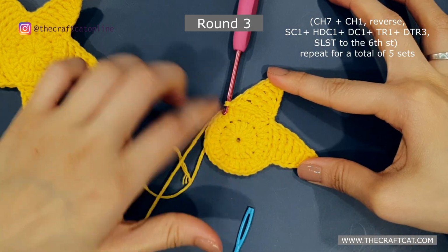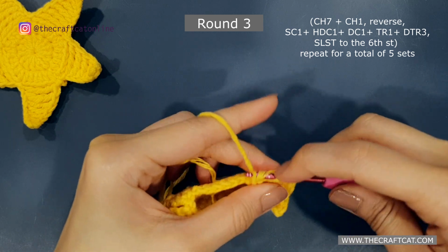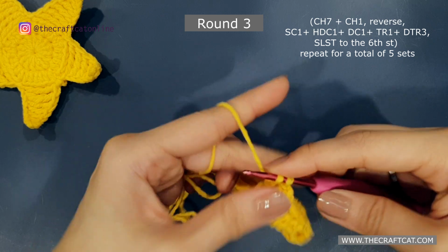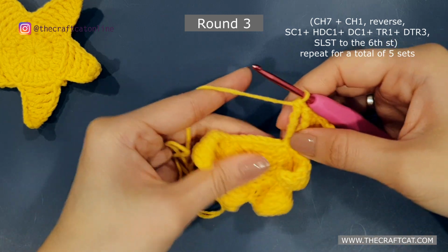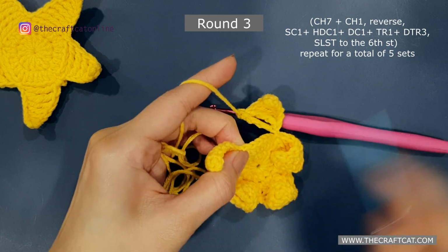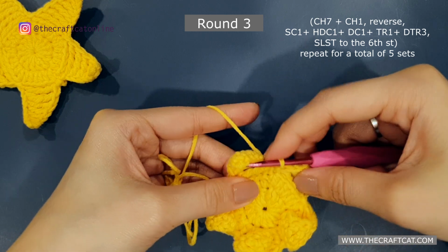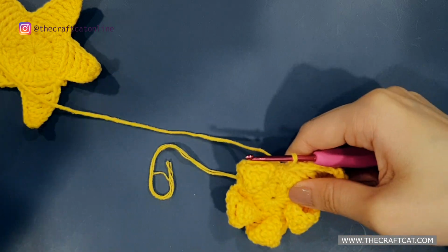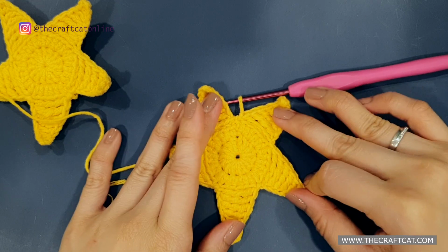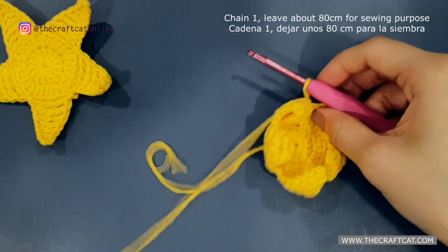Here we have done 2 and continue for a total of 5 sets. So here we have completed the star, chain 1, leave about 80 centimeters for sewing purpose,